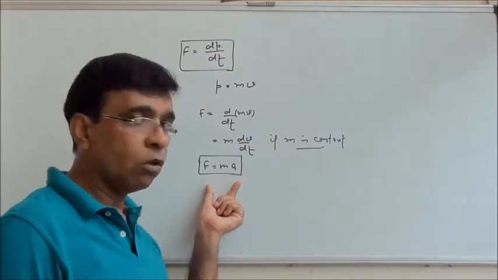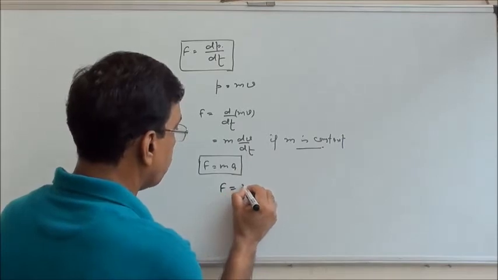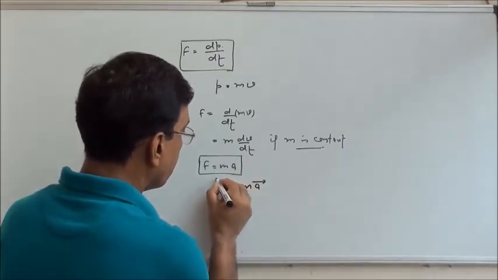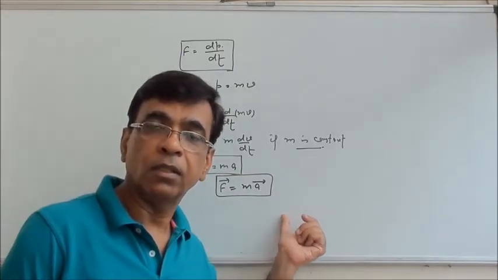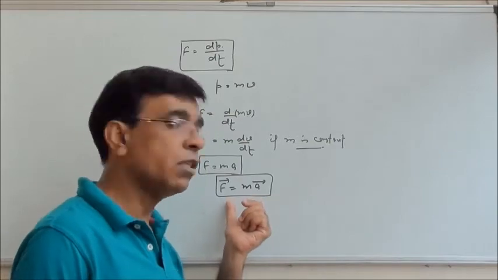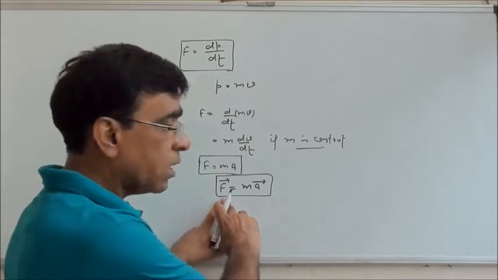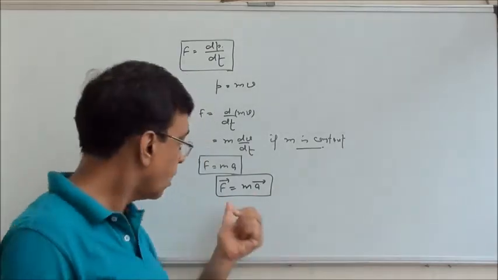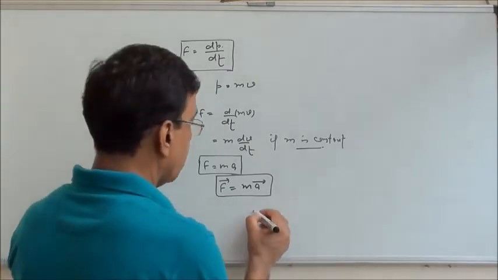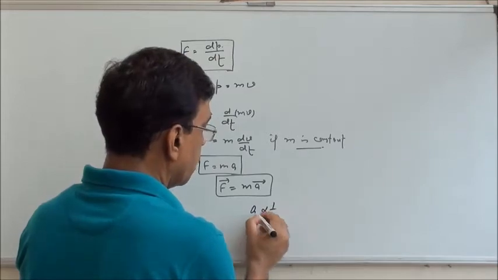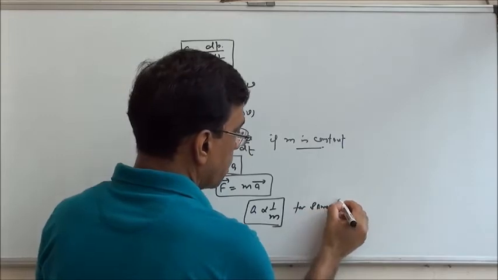So second law actually is mathematical formulation of the first law. But it tells many other things also. F is equal to ma if I take it in vector form. So whenever there is a force, there will be an acceleration. And acceleration is always in the same direction as of force. If we apply the same force on bodies of different masses, then acceleration will be different. Acceleration will be inversely proportional to mass for same force,